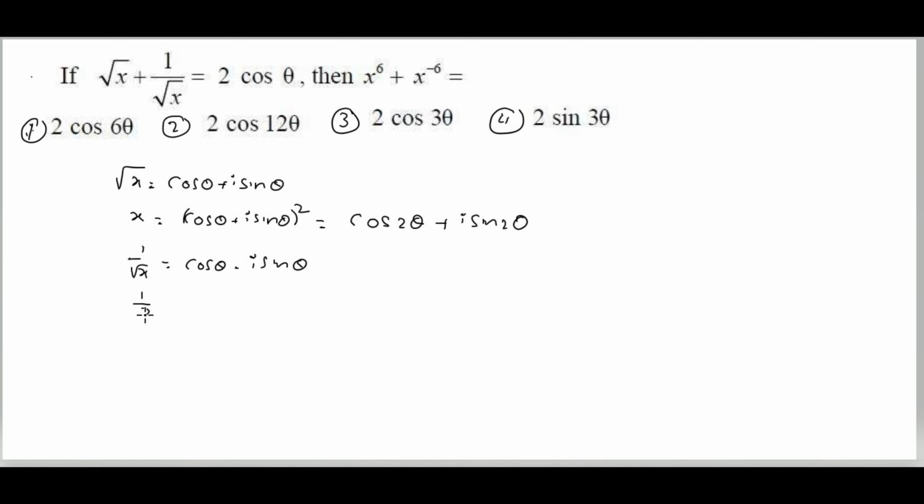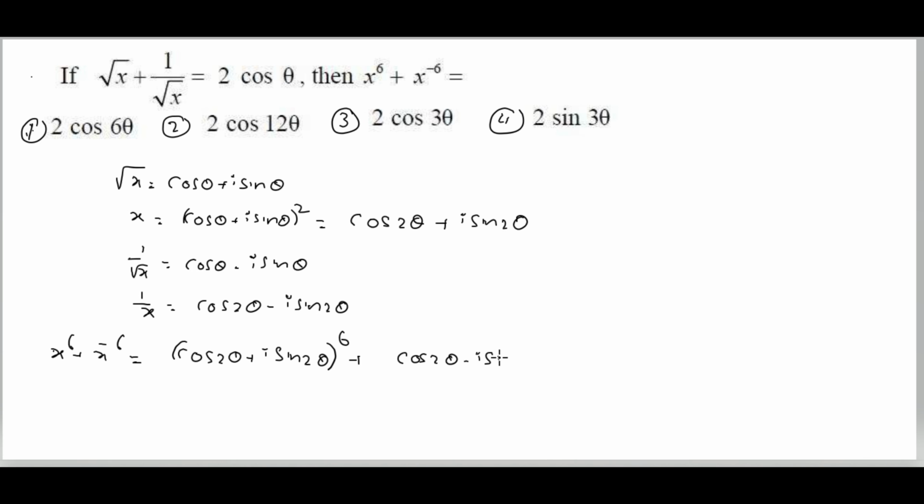So 1 by x, squaring on both sides, that is cos 2 theta minus i sin 2 theta. Now we find the value of x to the power of 6 plus x to the power of minus 6. x to the power of 6 value, (cos 2 theta plus i sin 2 theta) whole to the power of 6, plus 1 by x value, that is (cos 2 theta minus i sin 2 theta) whole to the power of 6. Now applying De Moivre's theorem, this is cos 2 into 6, that is cos 12 theta plus i sin 12 theta